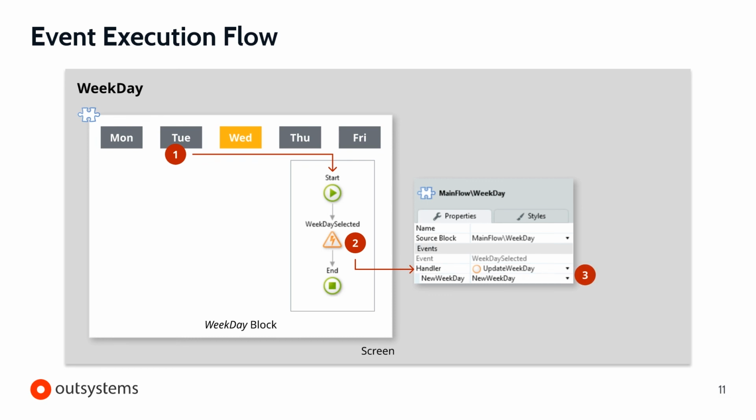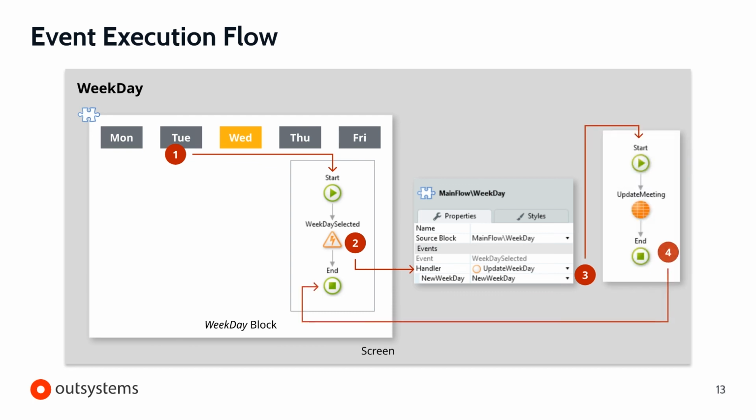When the trigger event executes, the execution flow jumps to the handler of the instance, and the action in the parent executes. Whenever the handler finishes its execution, the execution flow returns back to the flow immediately after the trigger event.